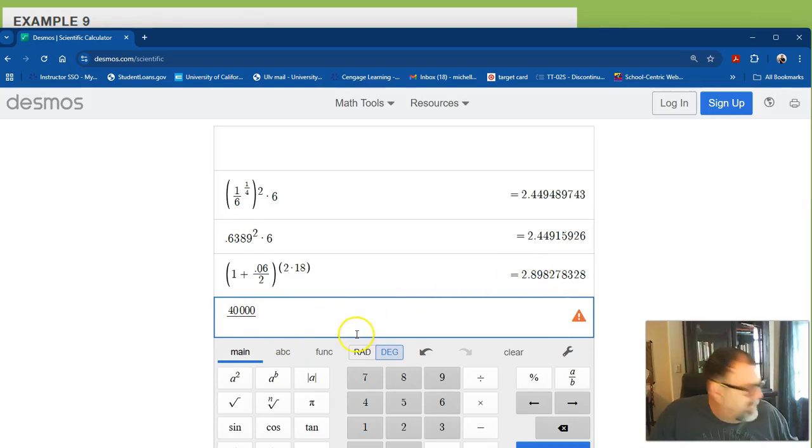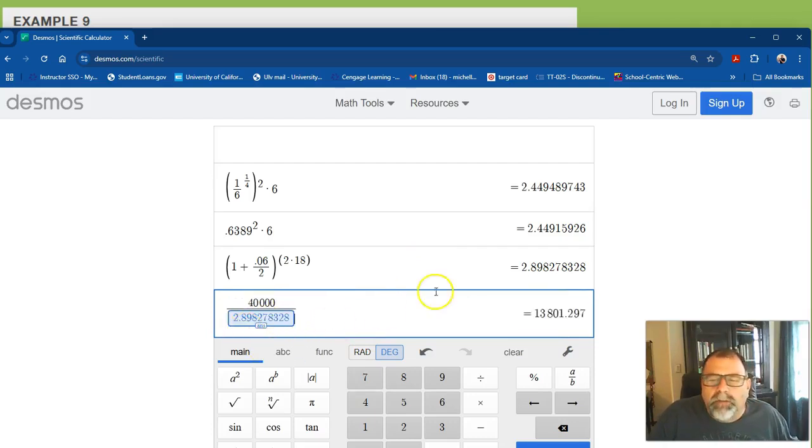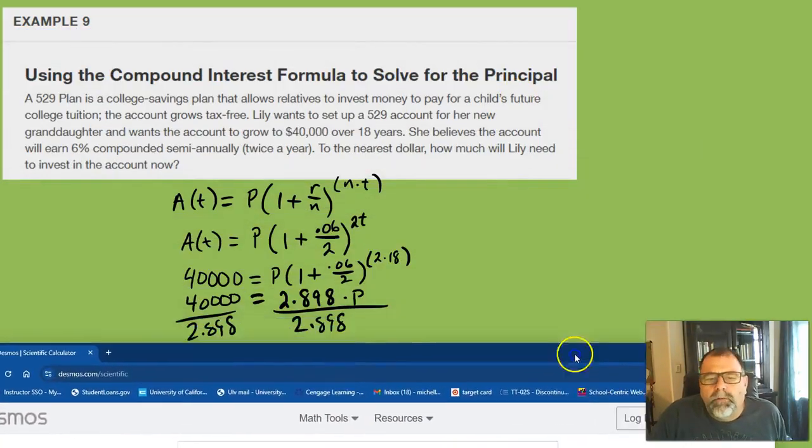And again, remember I said if you leave things in your calculator and you want it a little more accurate, you just type in ANS for answer, and it'll take the last answer. So 40,000 divided by 2.898278328 is 13,800-something. So she needs to deposit about 13,800 in an account,